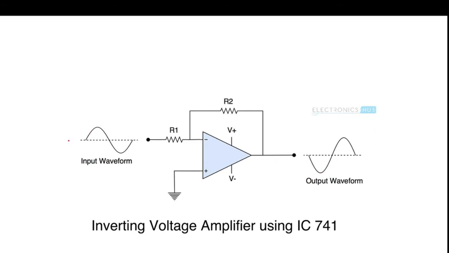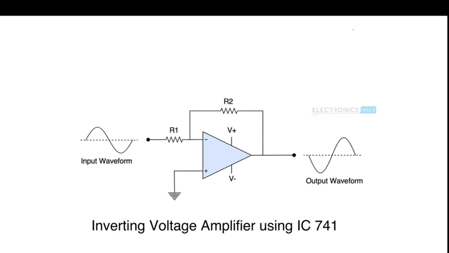Now observe the input signal and output signal here. When the input signal, which is a weak signal, is applied here, the inverting terminal will get a signal to be enlarged, but the signal is inverted, meaning by 180 degrees. The output signal is turned over by 180 degrees relative to the input signal. That's why it is called an inverting operational amplifier. The given signal is turned by 180 degrees with respect to the input, which is called inverting.